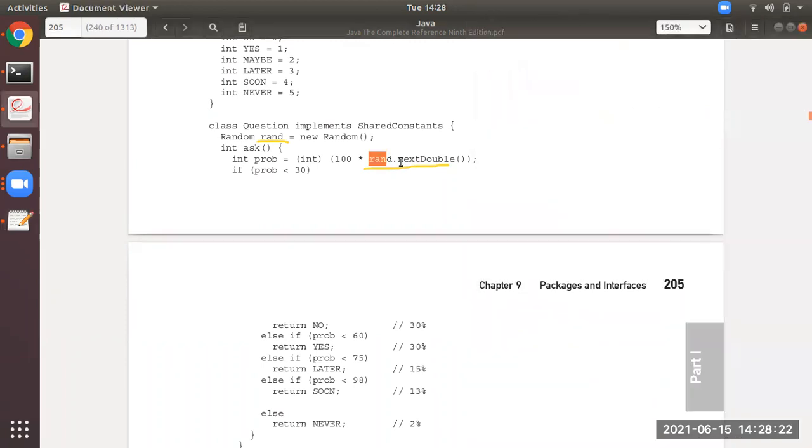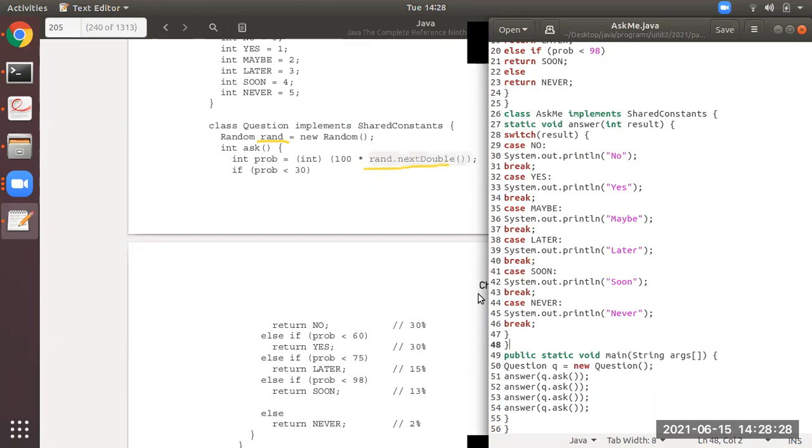Means what this random dot next double will do is, like in your previous classes of mybox1 dot volume, a few programs you have seen, of class concept. Mybox1 dot volume means mybox1 is an object of class box. So mybox1 dot volume means it will go into class box and in that it will invoke the volume method.